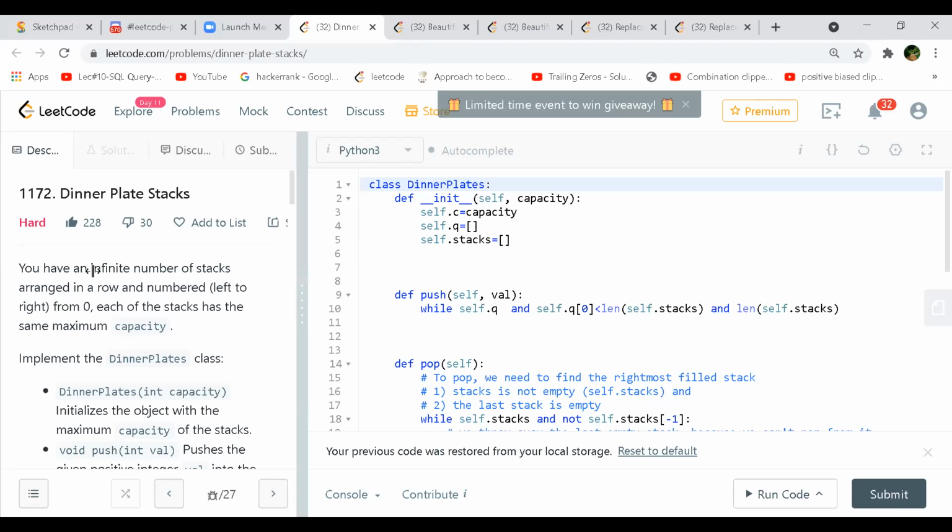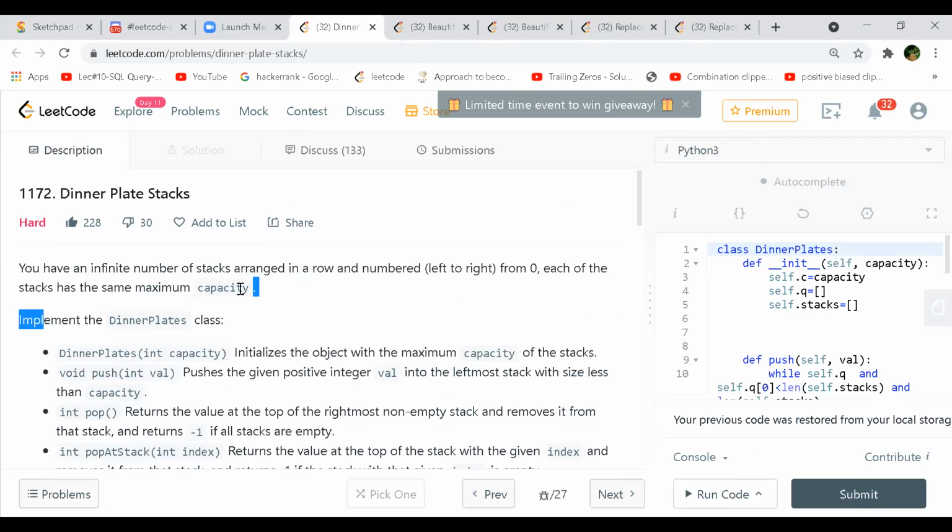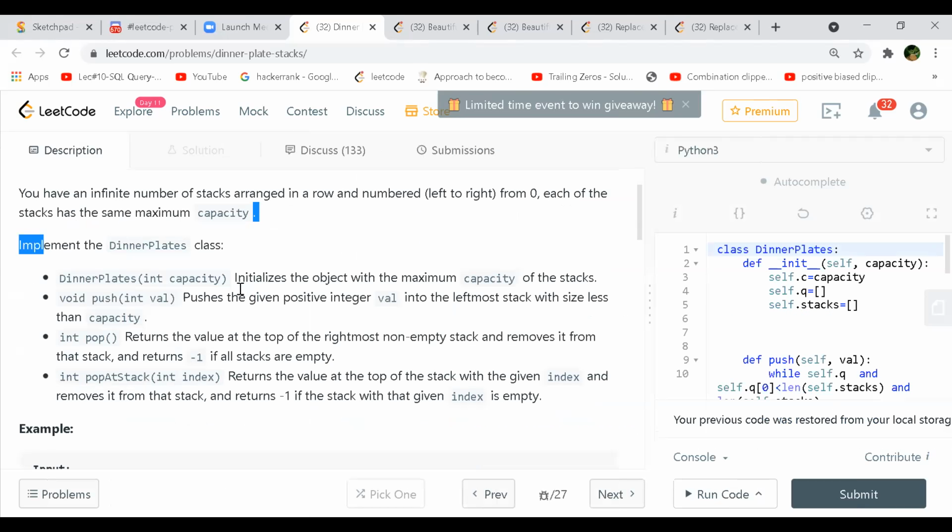So this is Dinner Plate Stacks. You have an infinite number of stacks arranged in a row, numbered from left to right, and each stack has the same capacity. You have to implement this DinnerPlates class. The constructor initializes the object with the maximum capacity of the stacks. Push adds the given positive integer value into the leftmost stack with size less than capacity.